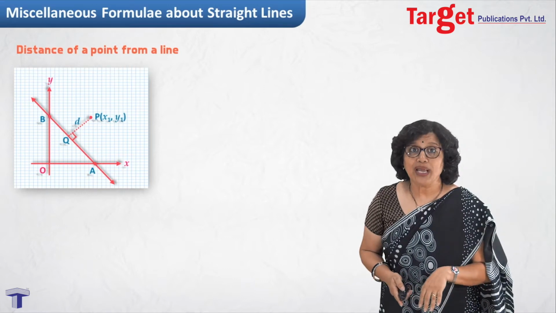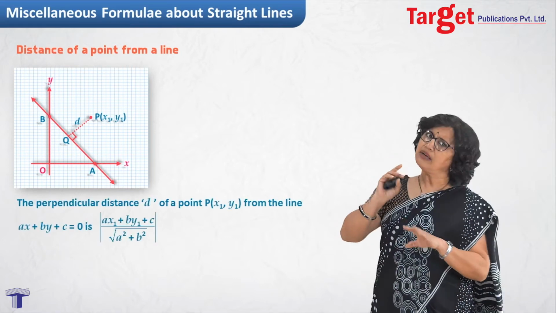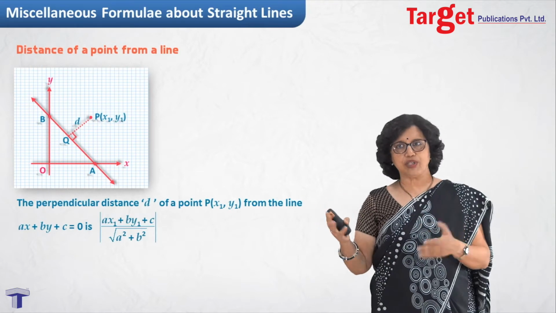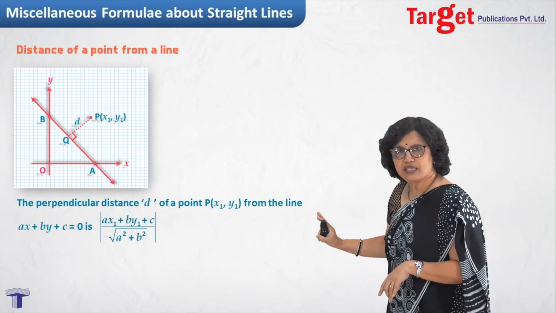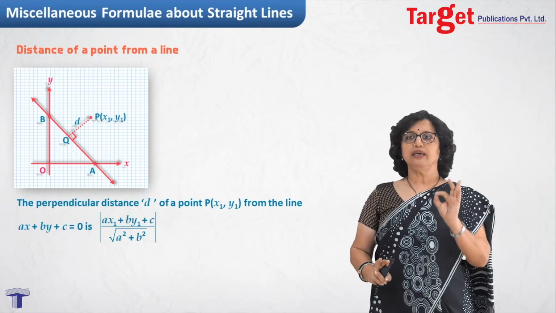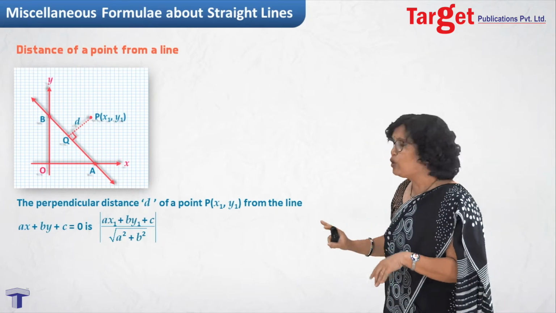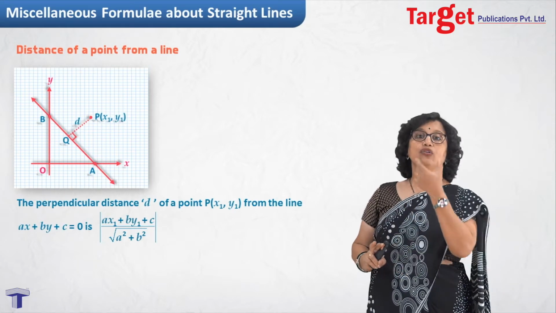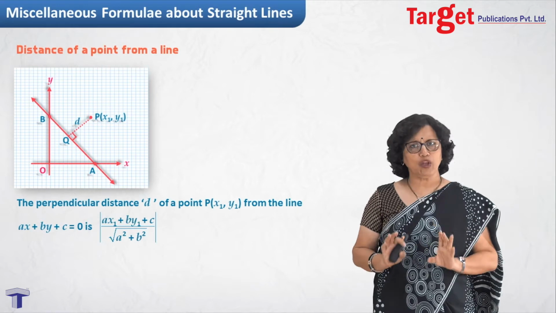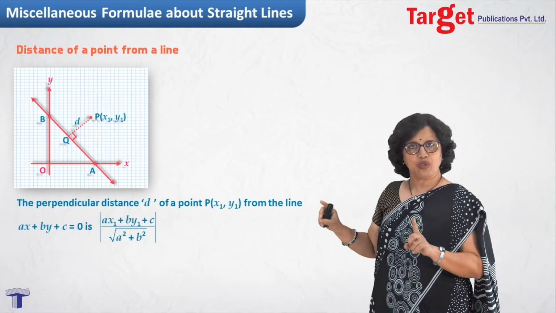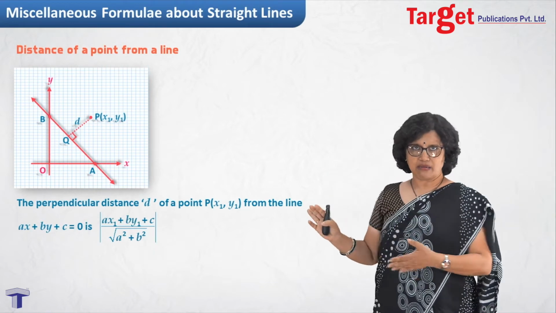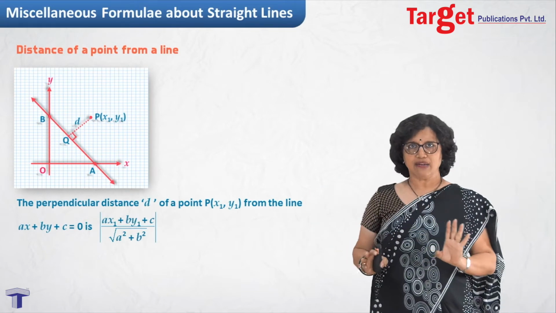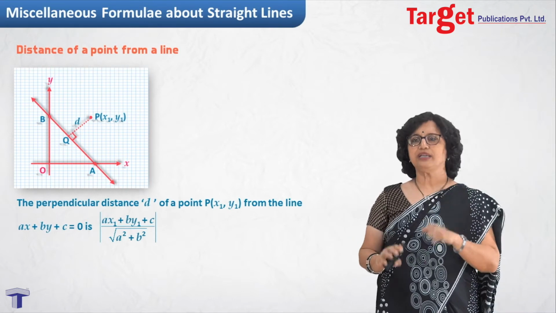Now I should be able to write finally the distance, and I'm straight away giving you the formula, no need of getting into the explanation or derivation part. If ax plus by plus c equal to 0 is the line's description, then the absolute value of (a x1 plus b y1 plus c) upon under root (a square plus b square) would give you the perpendicular distance. Mind you please, that absolute value actually works only for the numerator part. There is a possibility that you may get a negative sign, but the denominator is non-negative only. So nothing to worry about the denominator part.